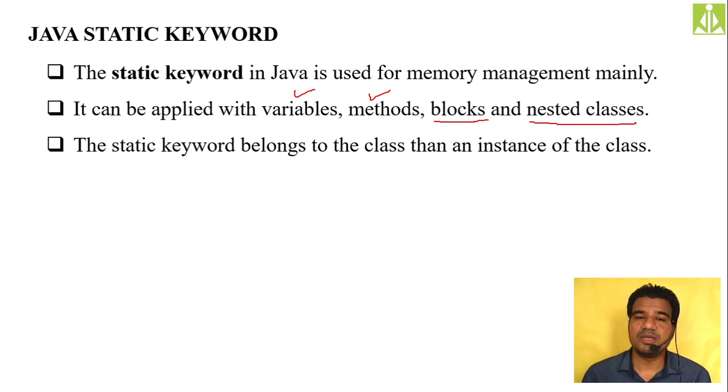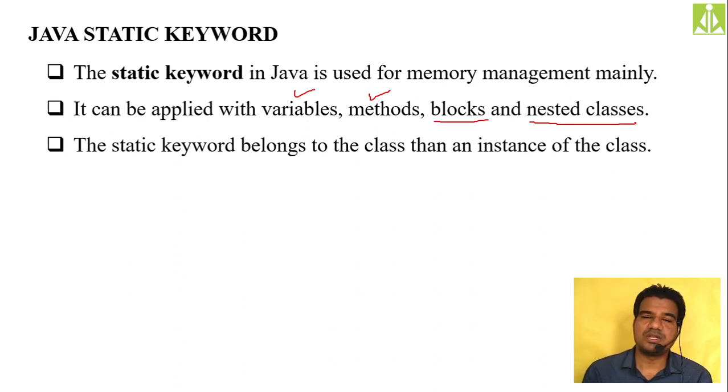In Java programming, when we use the static keyword, as we are dealing with memory management, we are free of the object concept. We are free of the instance concept. So whatever techniques, whatever tricks we are going to use with this static keyword, there we are not going to have any role of your object, any role of your instance. It is purely class based. Static keyword is class based, not object based.